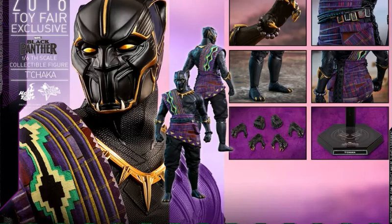But overall, the figure itself does look decent. Definitely lacking a head sculpt, but the figure itself looks quite nice. So yeah, let me know what you guys think of this new Chaka figure, and